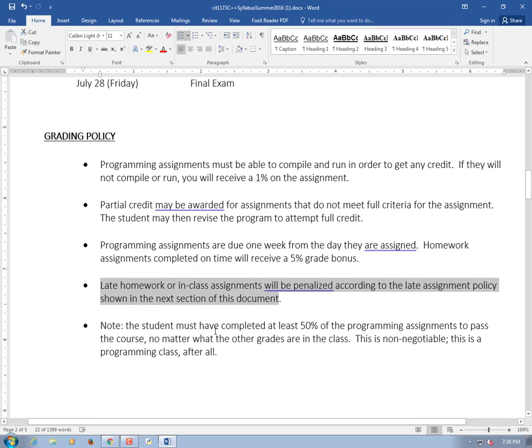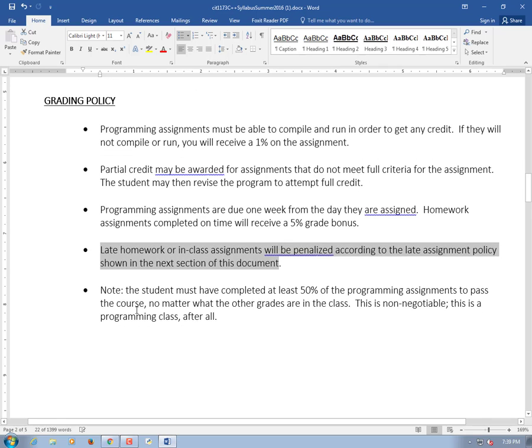The assignments will be based on what we do in class. Sometimes I'll say, okay, here's something that we did in class, now I want you to take it home and change it to do this. Or it'll be a program that's somewhat similar to the one that we just did in class. I'll never give you homework that we haven't already covered in class. And you must have